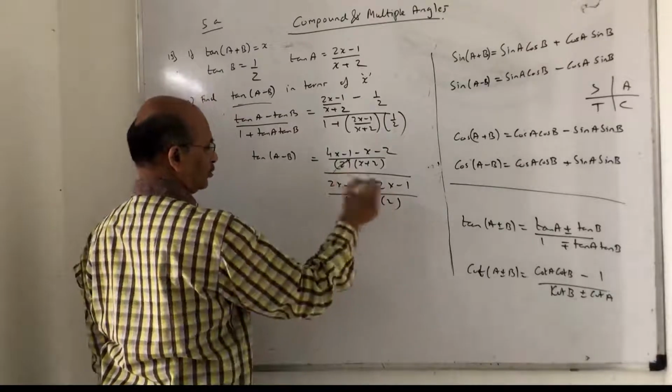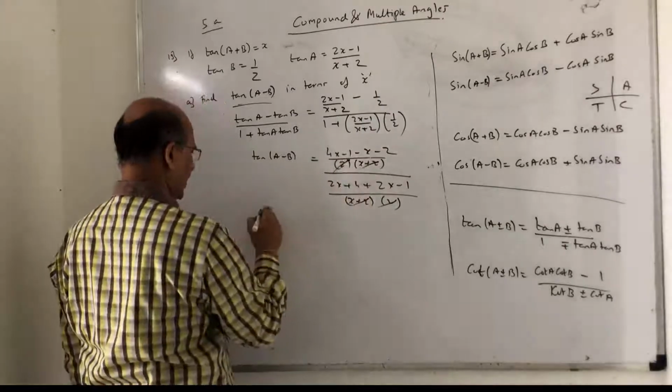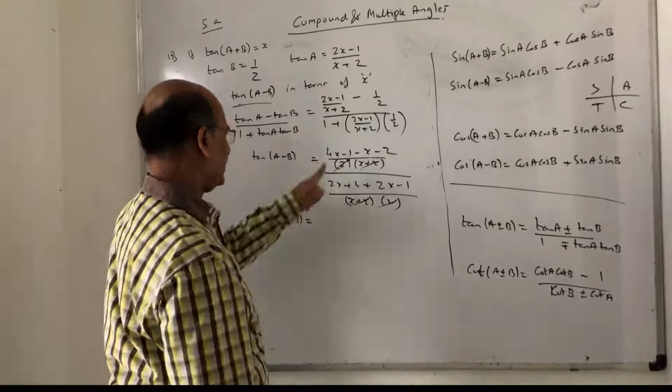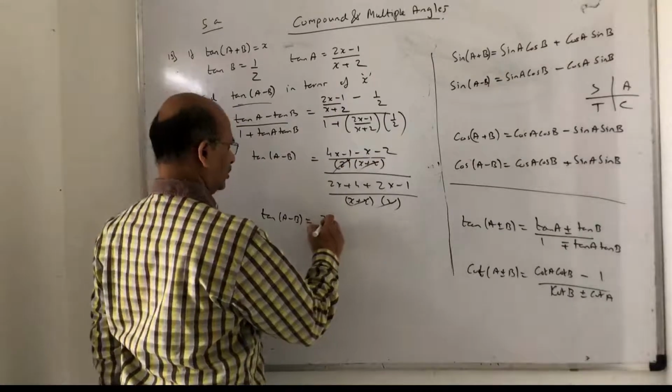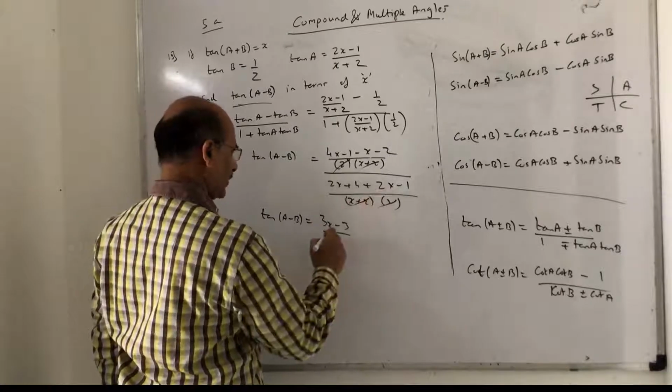So just understand, 2 gets cancelled, x plus 2 gets cancelled, 4x minus x. So tan of A minus B is nothing but 3x minus 3 divided by